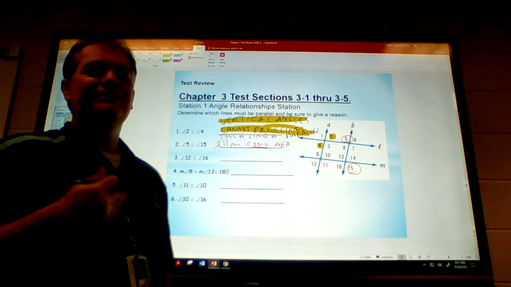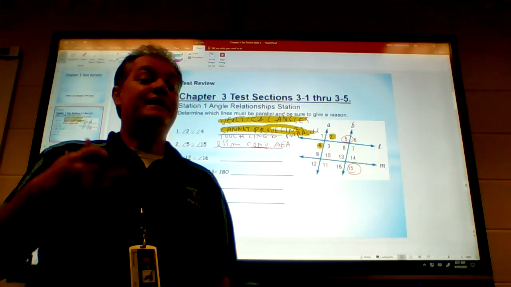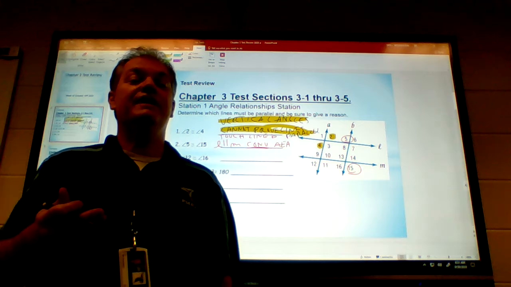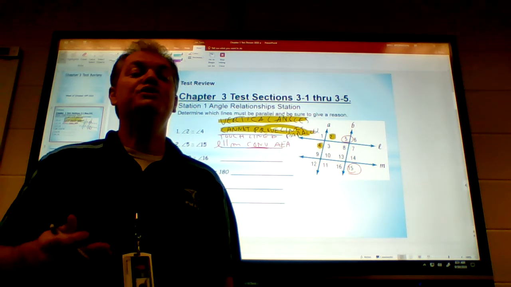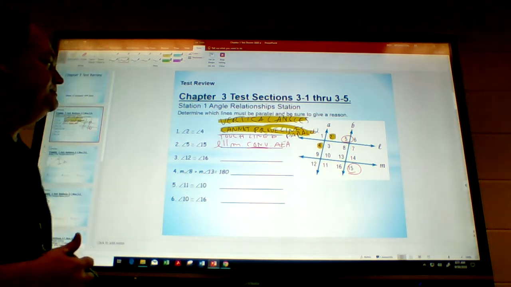Now, something to keep in mind. When you're trying to prove lines parallel, you always have to use the converse. Yes, they are alternate exterior angles, but to prove lines parallel, you have to use the converse, and you will be counted off if you don't do that. All right,